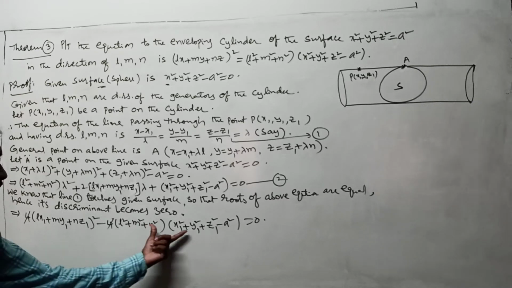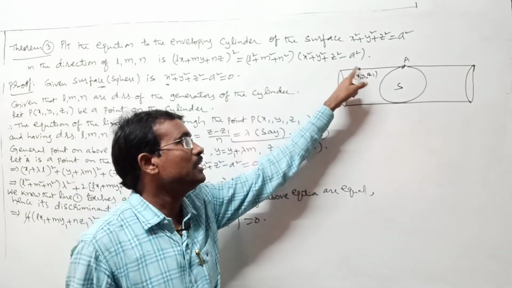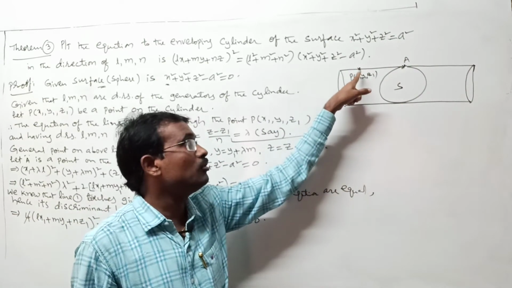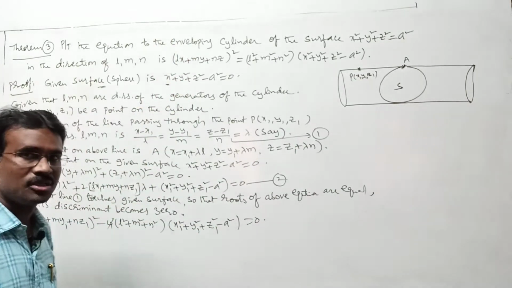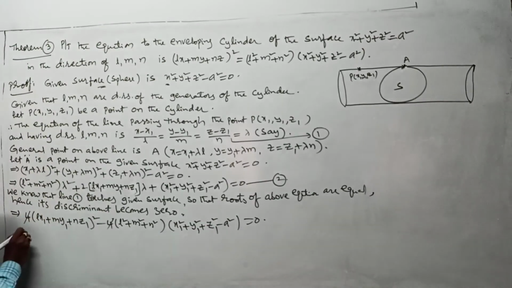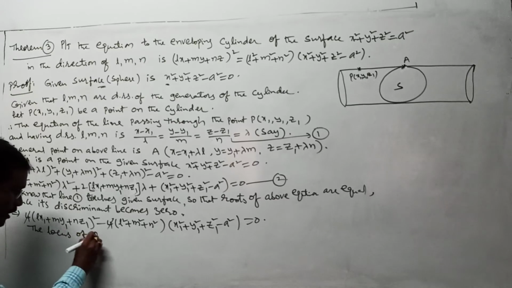After that, take this total term to the other side and then define the locus of point P. P is a point on the cylinder. If you define the locus of P, you must get your required cylinder equation. That I am doing in the next step. At a time I am defining the locus and taking this one to the other side. The locus of point P is,